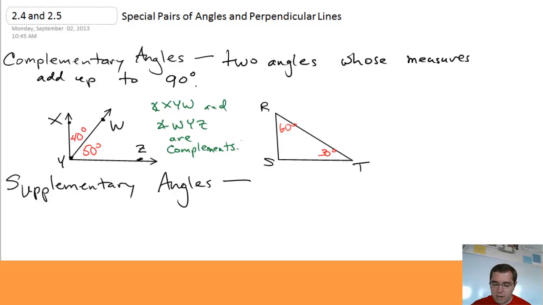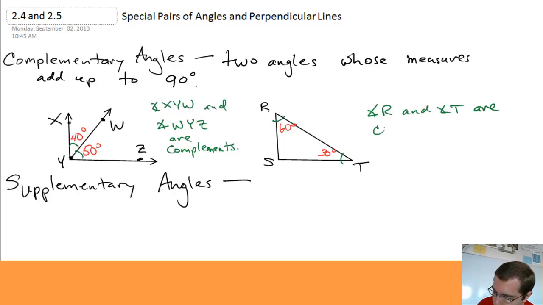because when we add up their measures, 40 degrees plus 50 degrees, we get 90 degrees. Two angles do not have to be adjacent to each other like those angles are in order to be complements. In this triangle on the right, angle R and angle T are still complements of each other because 60 plus 30 equals 90, even though they are not adjacent angles like the angles in the first picture were. So angle R and angle T